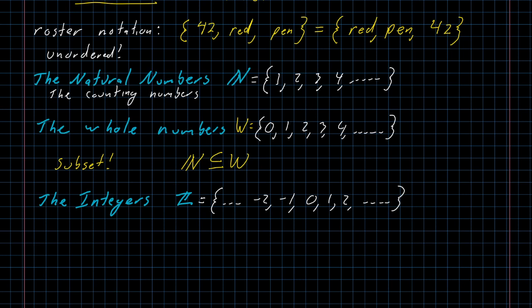For the integers, I have to continue onward in both directions because we have the positive numbers going forever to the right. We have the negative numbers going forever to the left. Now that we have the integers,